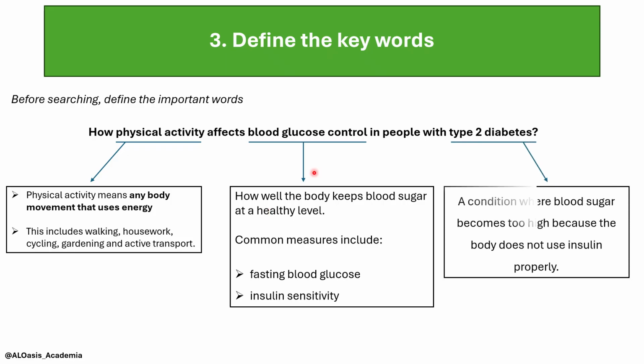The third keyword we have in this question is type 2 diabetes. Again, you just make sure that you can define what type 2 diabetes is, which is a condition where blood sugar becomes too high because the body doesn't use insulin properly. We know that there's another type called type 1 diabetes, and that's a different type. We shouldn't be including or talking about it in this question because this question clearly asks about type 2